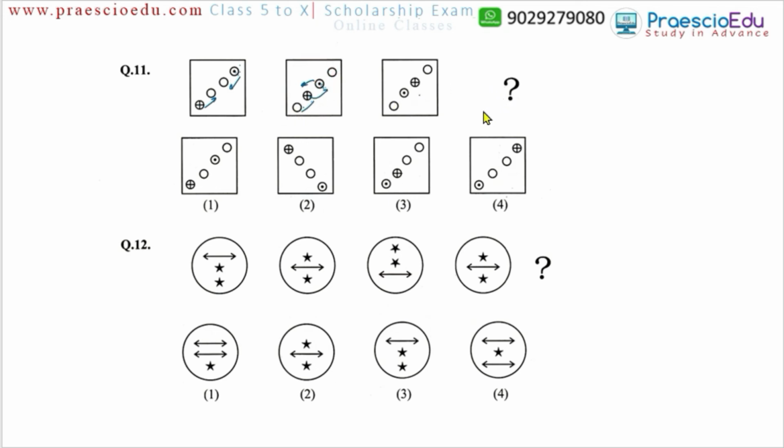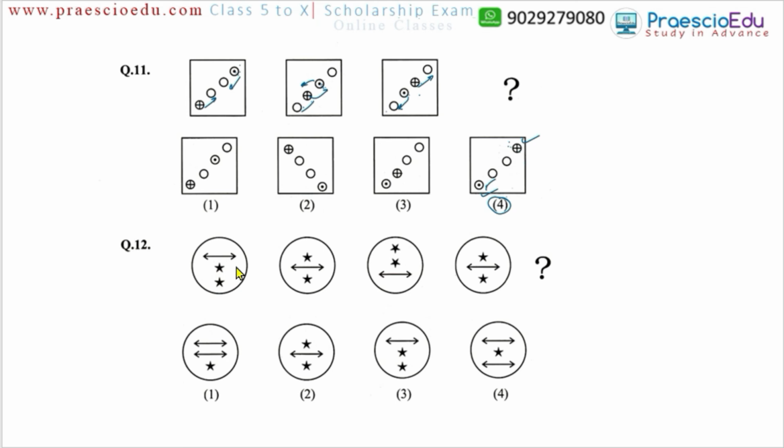So to replace the question mark, the figure should be like this one, which is option number 4. It matches our dot in a circle and the plus sign in a circle. They are traveling toward the opposite vertices. This plus sign is traveling diagonally, so this is perfect, and the dot in a circle is also traveling to this vertex, so this figure is perfect. So option number 4 perfectly matches our sequence.